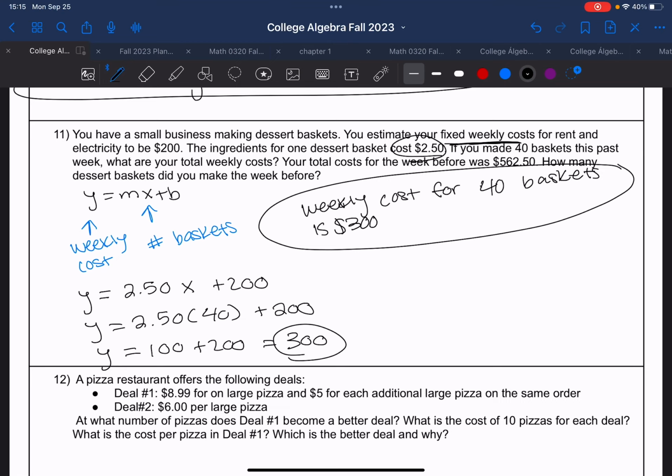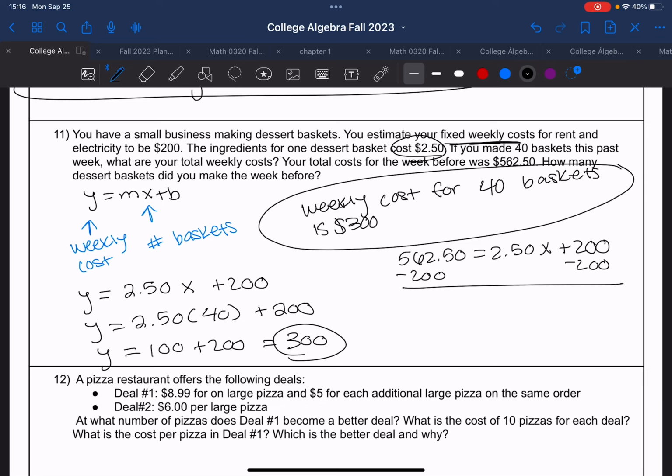Continuing the problem, it says your total cost for the week before was $562.50. How many baskets did you make the week before? So instead of giving us our x value, they are now giving us our y value. So we have 562.50 is equal to 2.50x plus 200. So we need to get x by itself to see how many baskets were sold the week prior. So I'm going to subtract 200,